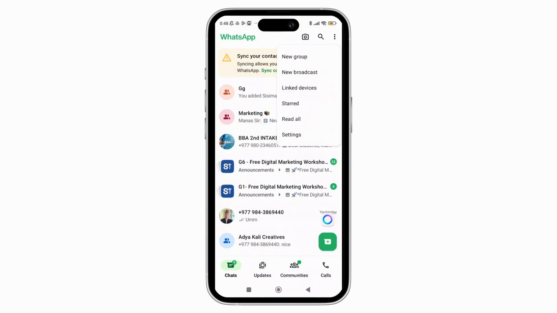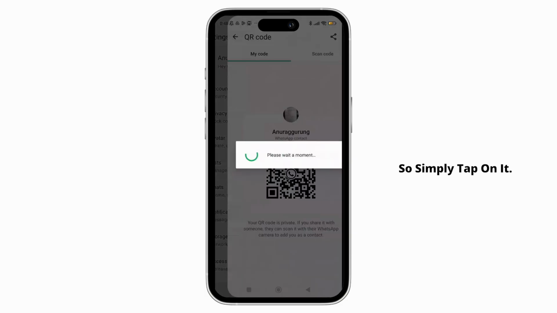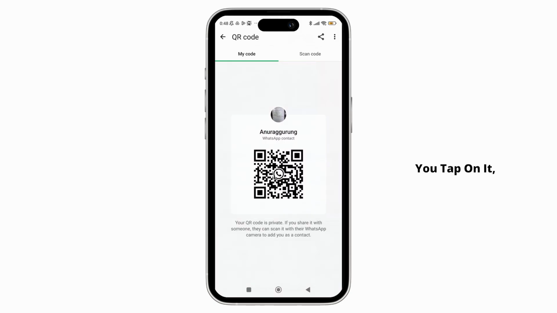From that menu, simply tap on settings, and after that you'll be taken to the settings section. Now here you can tap on the QR code icon which can be seen beside your profile name. Once you tap on it, it will take you to the QR code